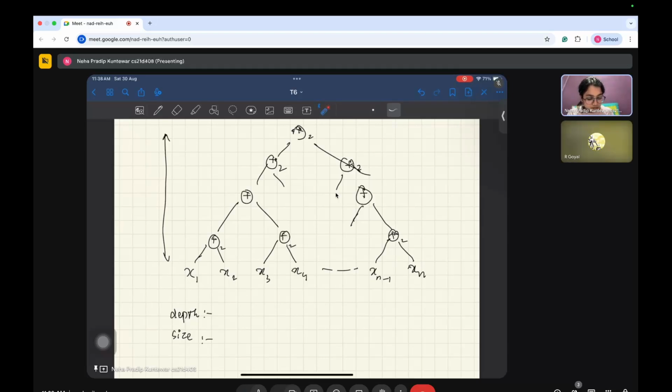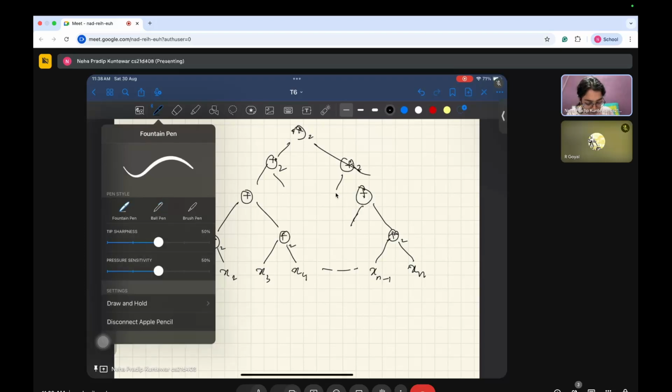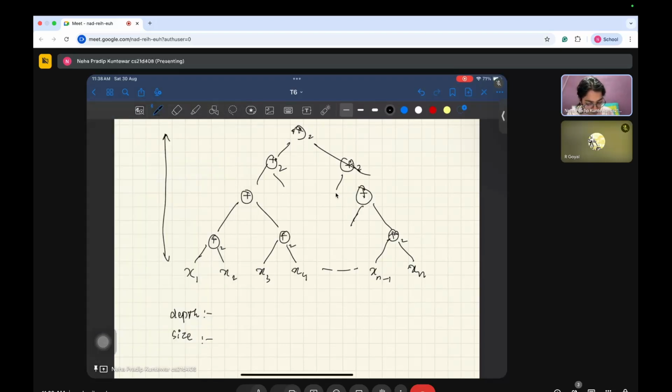Okay, yeah, that's not clear actually. Okay, so what's happening here is that at this point we are computing